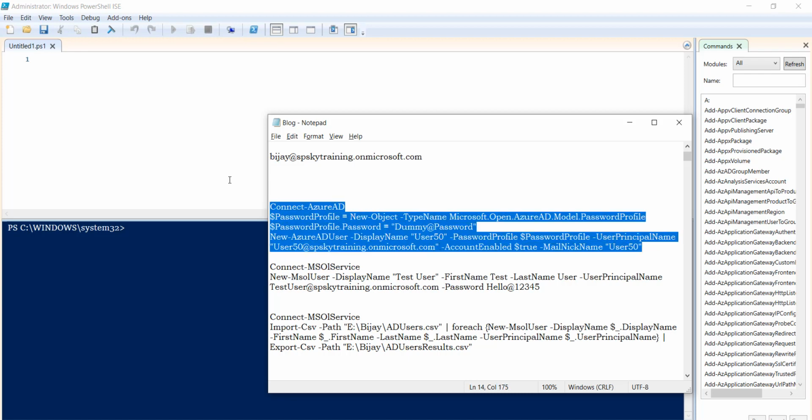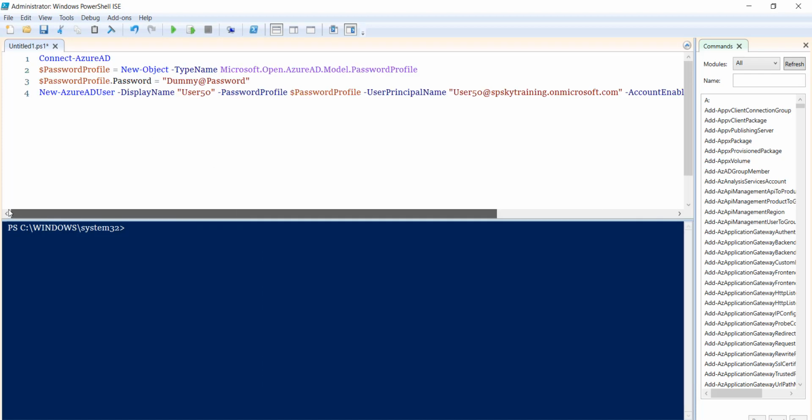So first I will just copy this command, and if you see here, first thing is we connect to Azure AD. Make sure that you know how to connect to Azure Active Directory. I have created another video, and you can check out that video, and then you will be able to know how we can connect to Azure AD or Azure Active Directory from PowerShell. So first thing is we will use Connect-AzureAD. When this command runs, it will ask you for the credential. Make sure you have access to that, and then you are creating a password profile, and this is the password that we are setting up, and then